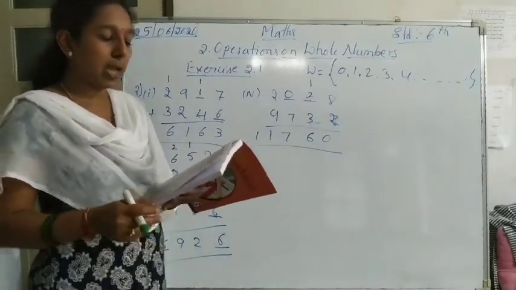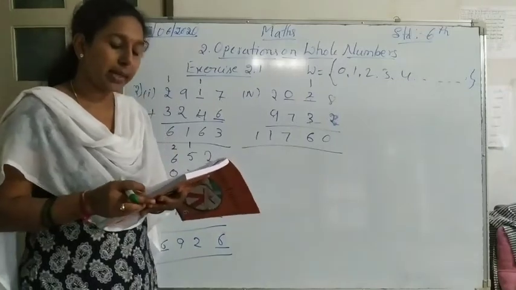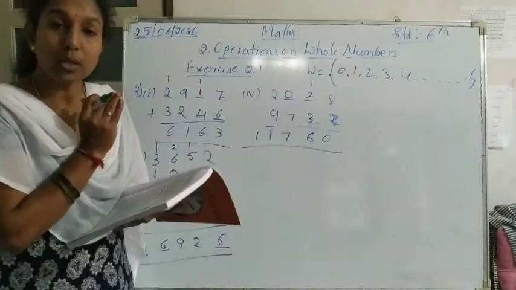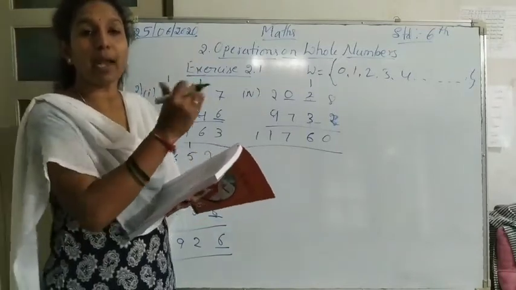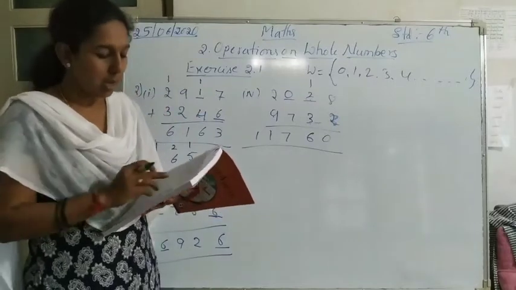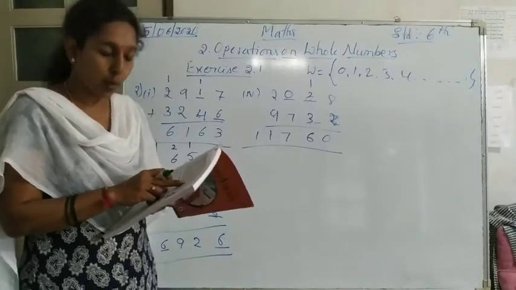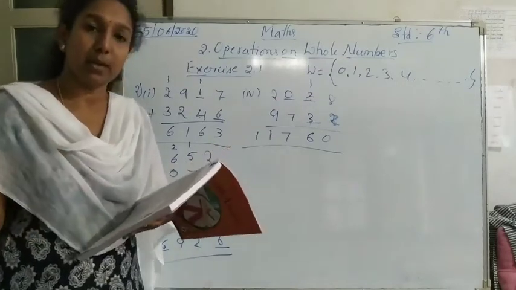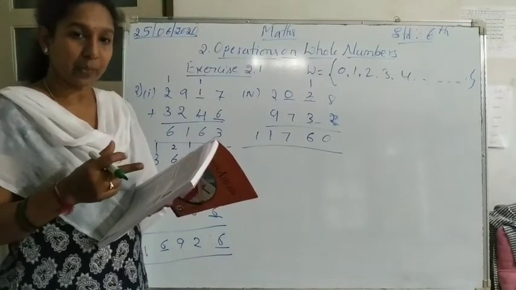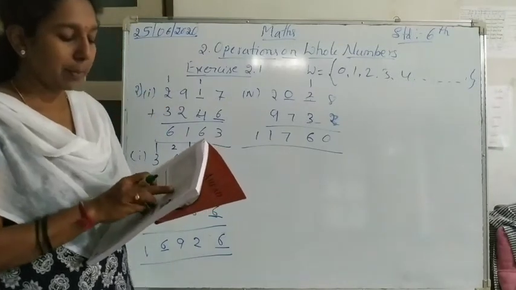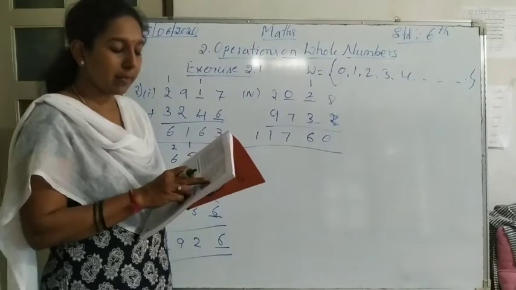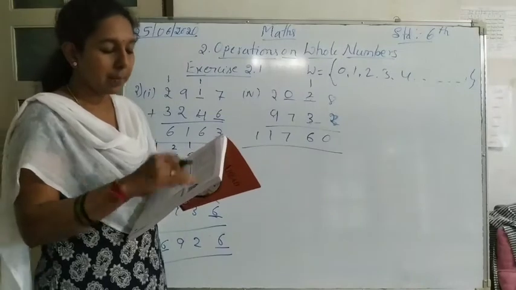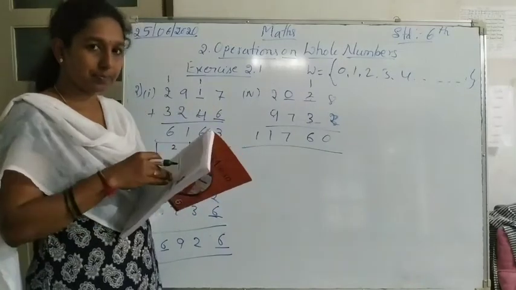Next, 9th one. Find the answer using the most convenient arrangement. Here I will rearrange the numbers so that the ones place digits add up to 10. In the first one, 1207 plus 4799 plus 301. Like this I will write and add it. Here I will get 10 because 7 plus 3 is 10. In the second one also, 353 plus 1647 I will add, plus 291. Later I will add that.